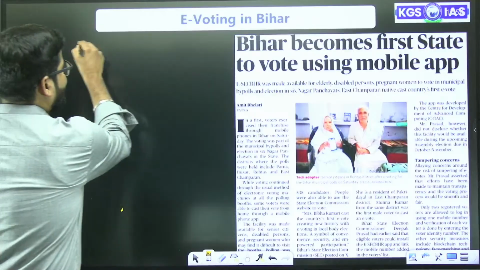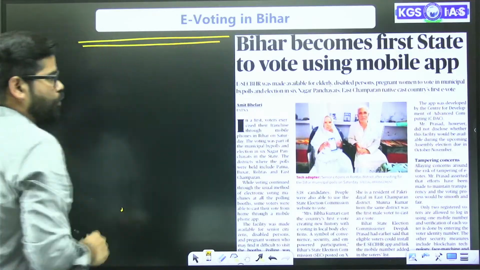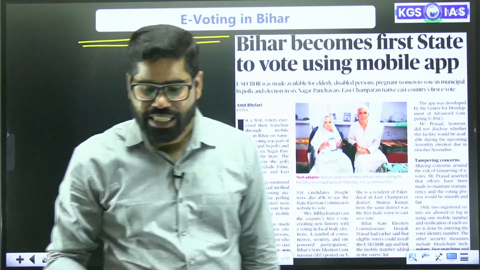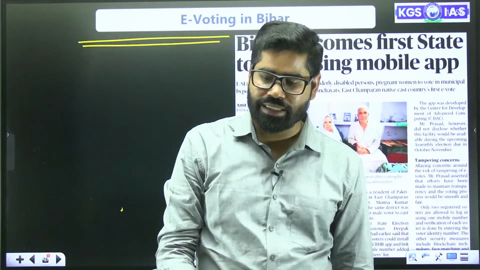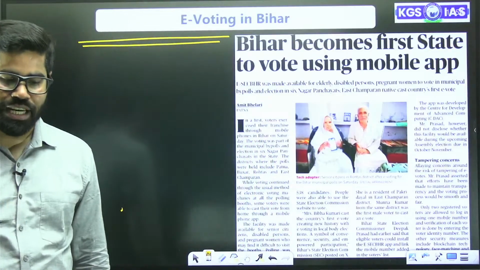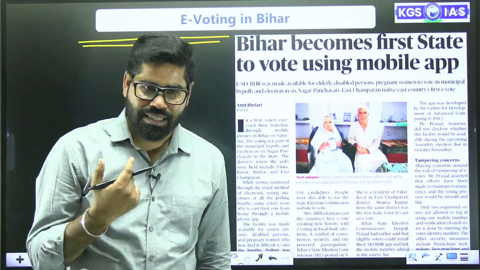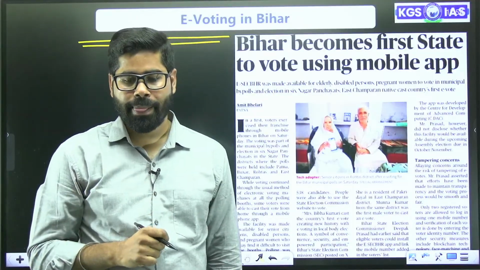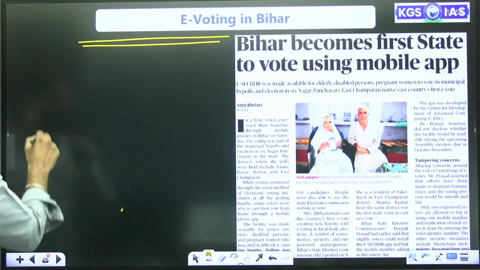Now, we have this one thing, e-voting in Bihar. It has been recently conducted. The State Election Commission has started the use of an app. They have provided this one app which is known as